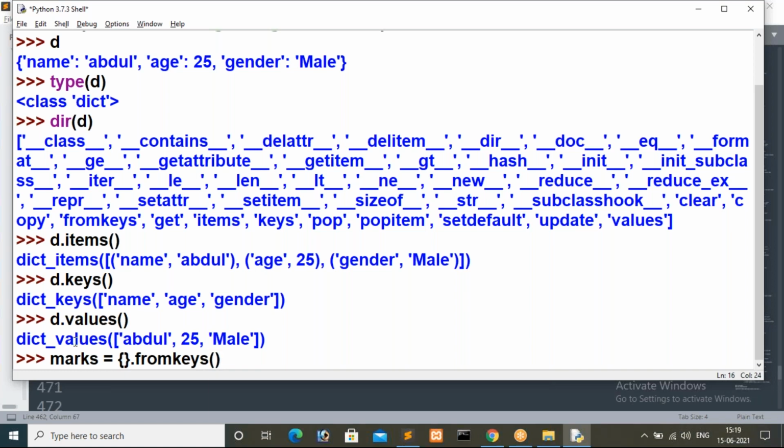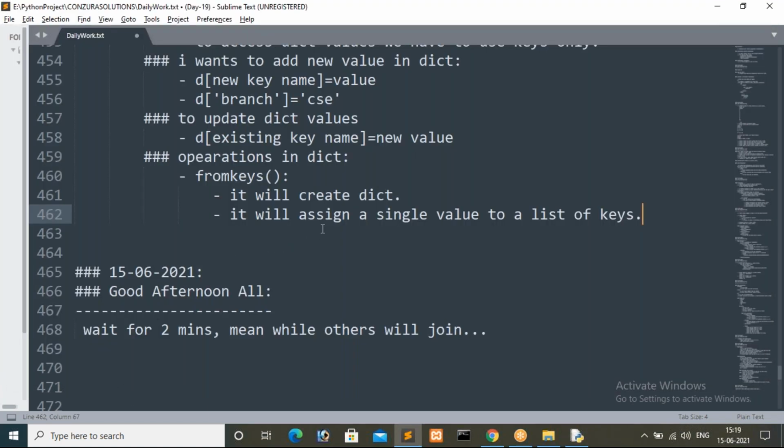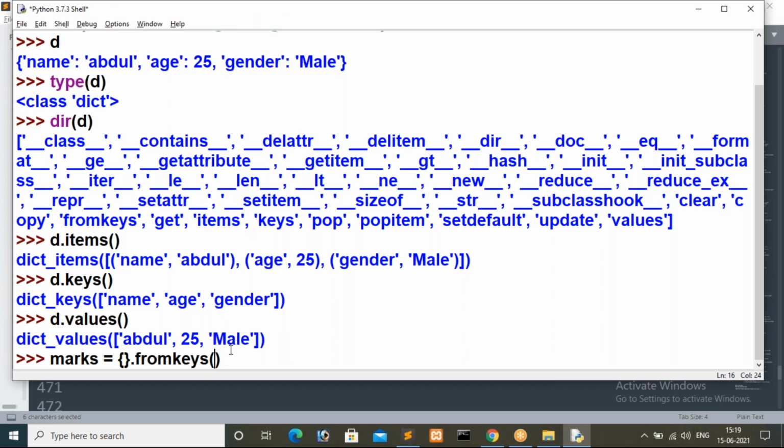The main intention of this fromkeys method is that it will assign a single value to a list of keys. So here I'm going to assign two different parameters to fromkeys. The first one is the list of keys that we have to specify. Suppose I'm assigning a few subjects: C, then Python, then Java, then CPP.